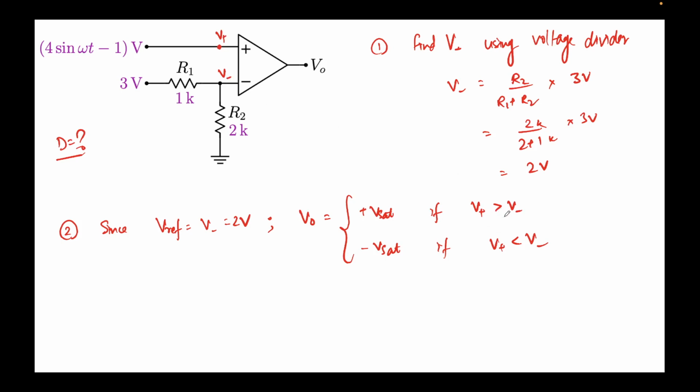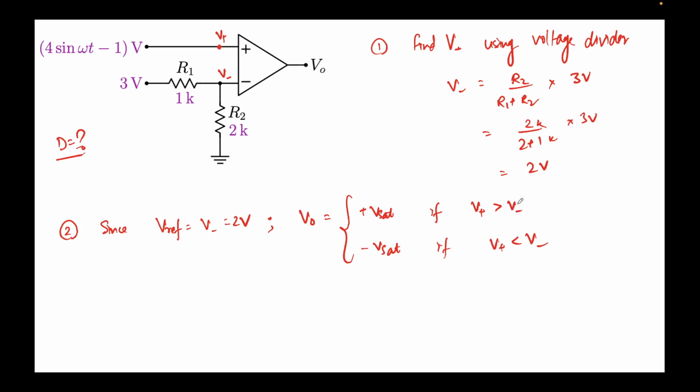So what this would mean is that, let's consider only one time period, because it's a periodic signal. Whatever happens in the first time period will keep on repeating till infinite time. So we know this voltage,